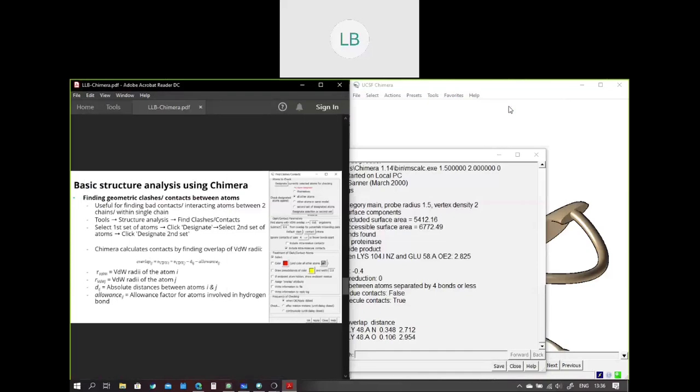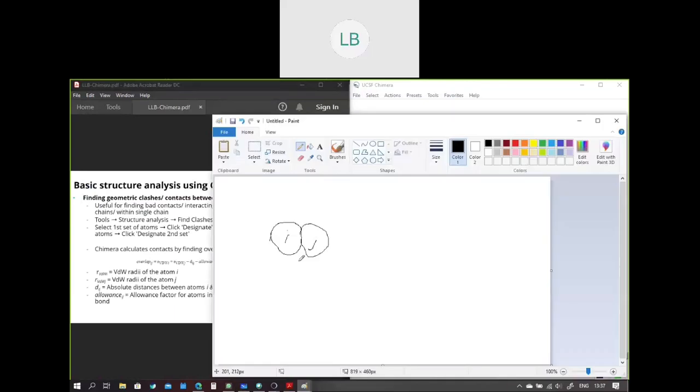So let's say this is the atom I, and this is the atom J. Let's say it has the van der Waals radius of Ri, and this has the radius of Rj, and the absolute distance between the center of two atoms is Dij.